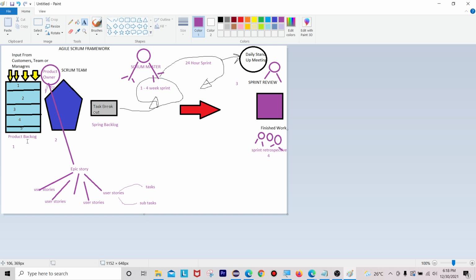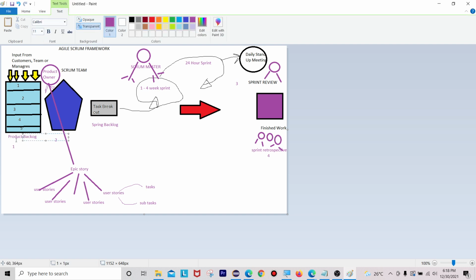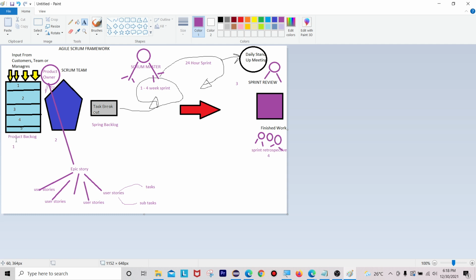Here this product backlog contains all the details about the product. For example, in our case, I took Johnson's Baby. Regarding the Johnson's Baby product, all the stories like how they develop it, what flavor it is, how that smell is coming, how soon it dissolves into water, and how it reacts to the human body. All these stories are present inside this product backlog.